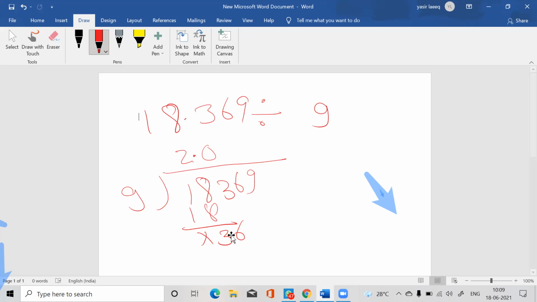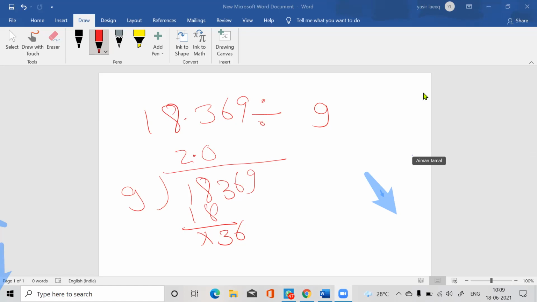Sir, now can I ask? Yes, yes. Sir, here the question was 23 divided by 36.8. So after dividing by 36, we have taken 8 downside. So we will add the point when we take it. Yes, beta. So the decimal point will come between 1 and 6.